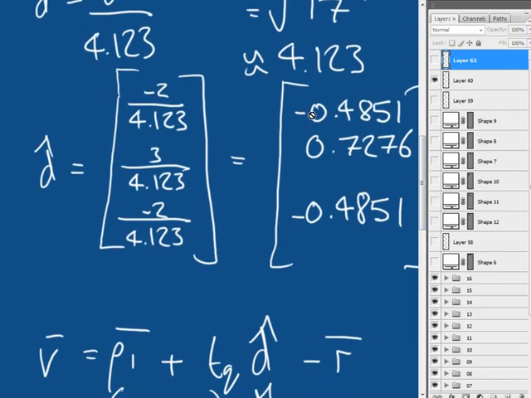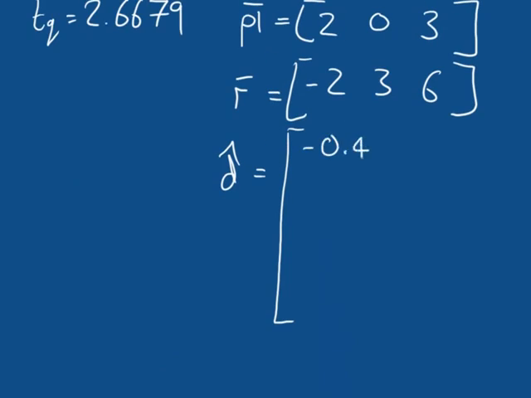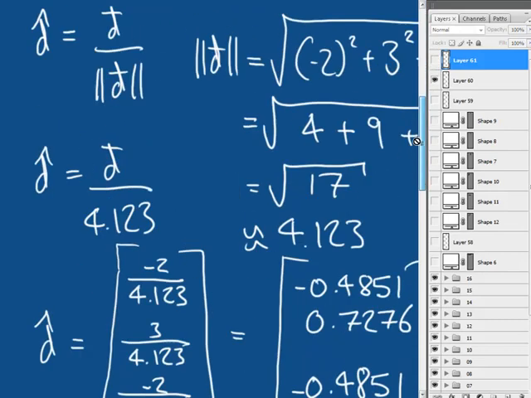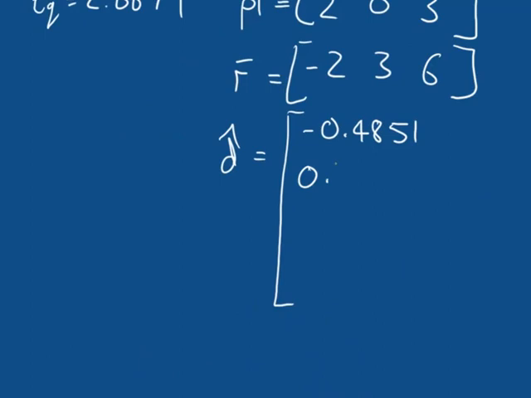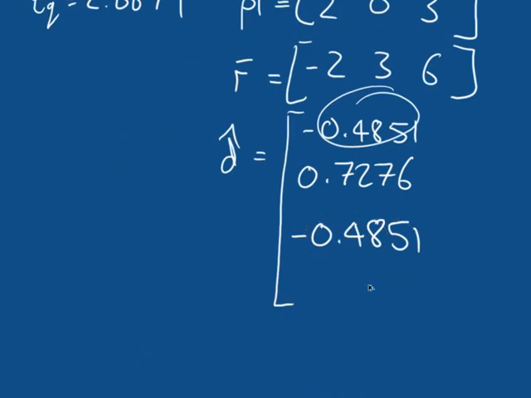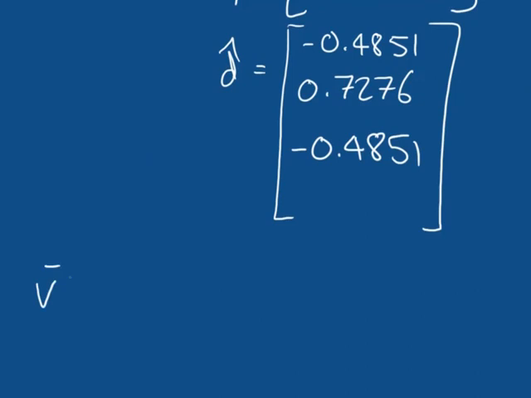We're going to need our vector d hat. D hat is minus 0.4851 in both x and z. So minus 0.4851, and in y it's 0.7276, and in z it's minus 0.4851, so the same as x. Fantastic. So now that we've got those, we know that V is equal to P1 plus TQ multiplied by D